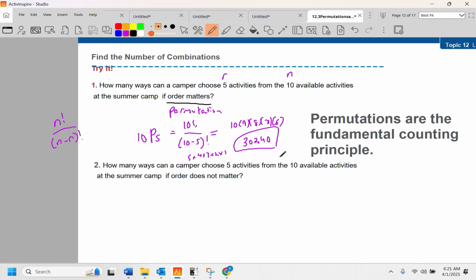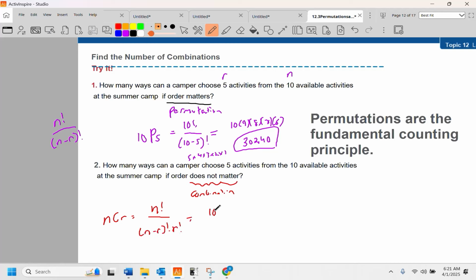Now, here we say order does not matter. And again, you should probably write little things like this down. Order does not matter. Combination. That's what she is. She is a combination. So nCr, again, the formula for nCr is n factorial over n minus r factorial